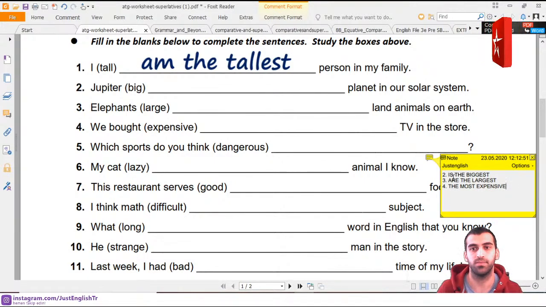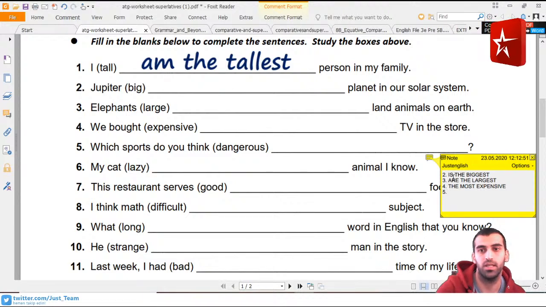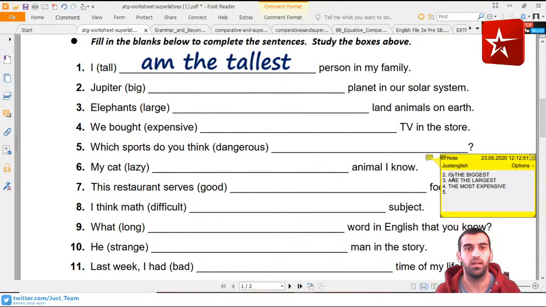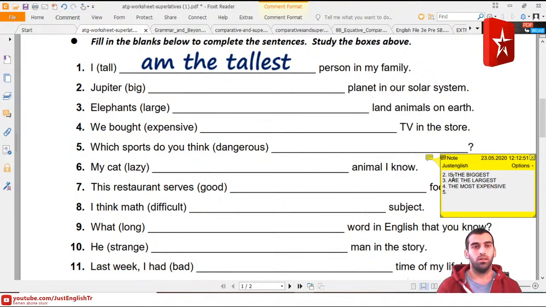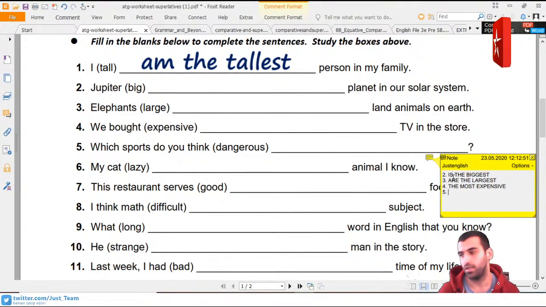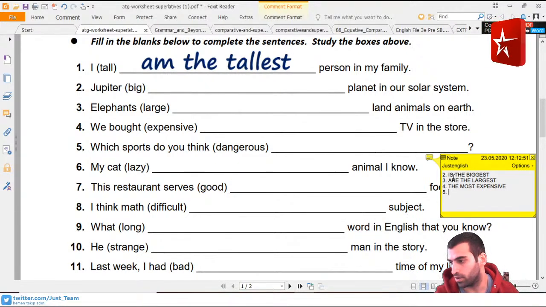The most expensive. Yes, number 4 is the most expensive. We bought the most expensive TV in the store. Yes. Number 4, we bought the most expensive TV in the store. Let me tell you the correct answers. Who wrote the correct answer? Halil Ozan wrote. Halil Ozan,